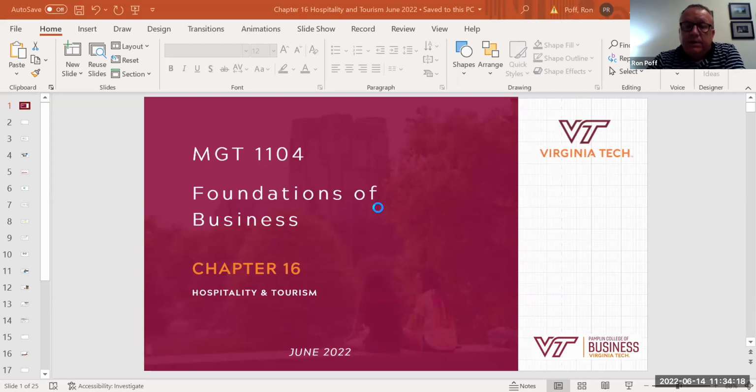Something as simple as a cookie. And DoubleTree by Hilton, it's a Hilton property. Many of you may have experienced this, when you arrive and you check in and they welcome you, one of their signature pieces is handing you a warm cookie. You may think, well, that's kind of silly. What does that mean? But it's just a sign of welcoming.